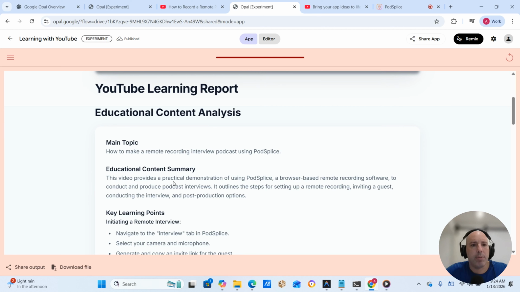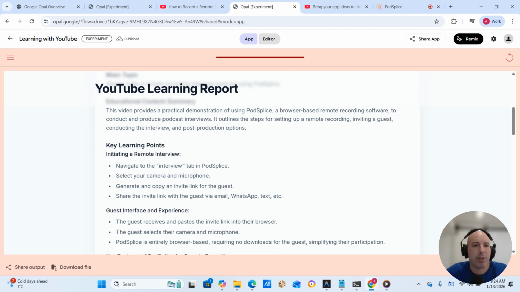Okay, let's see. This video provides a practical demonstration of using Podsplice, a browser-based remote recording software to conduct and produce podcast interviews. It outlines the steps for setting up a remote recording, inviting a guest, conducting the interview, and post-production options. Then it gives you some key learning points about the video: how do you set it up, navigate to the interview tab in Podsplay, select your camera and microphone, send a